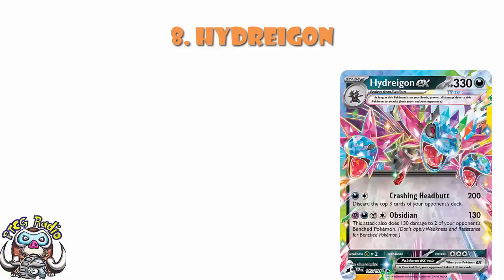Or 4 energy, but 3 of them are different colours. We've got 1 Psychic, 1 Darkness, 1 Metal, and then a colourless. 130 to the active and 2 of your opponent's bench. And sure, it's awkward, don't get me wrong, but the potential here is just